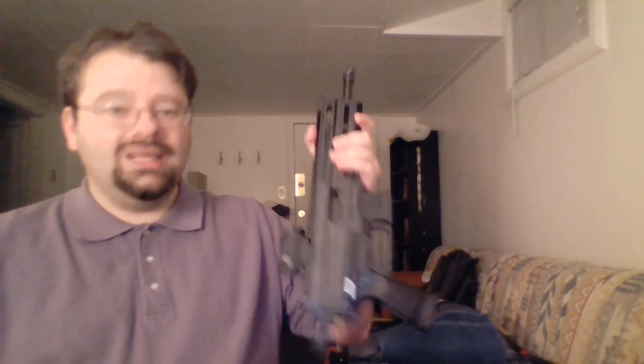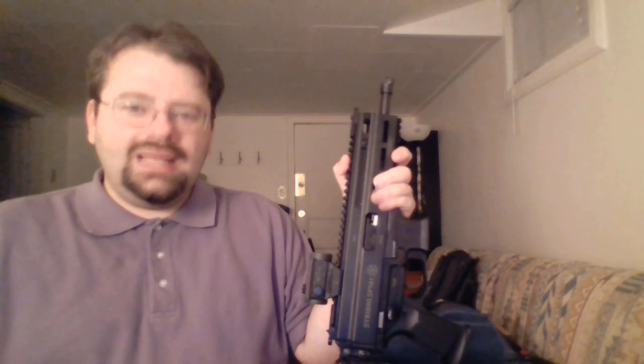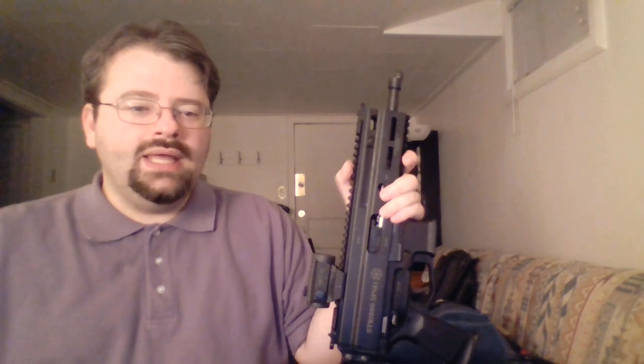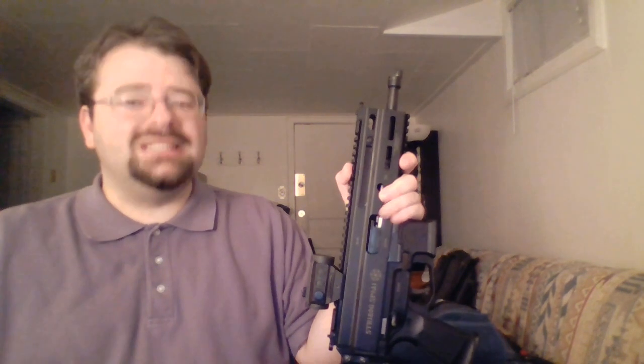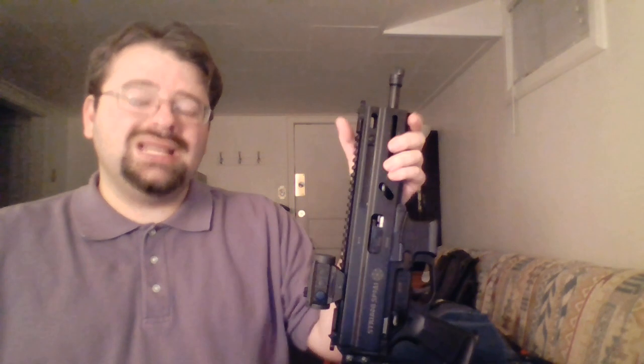The Stribog, on the other hand, is somewhat light, but not nearly as light as the Sub 2000, and it actually does have some recoil buffers in its assembly. In the first couple of videos that I did on it, I showed that it does have some buffers in there, and in addition to that, the bolt on the Stribog is considerably heavier than the bolt on the CZ Scorpion, which means that it does not tend to move quite as fast. And you combine that with actually having some buffer pads on the inside, it makes it much more pleasant to